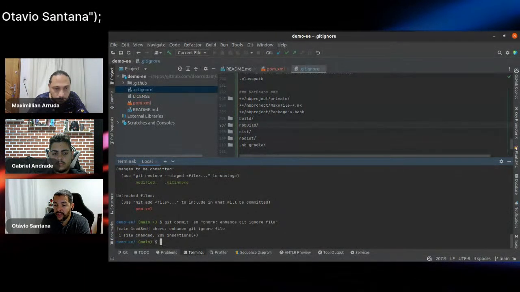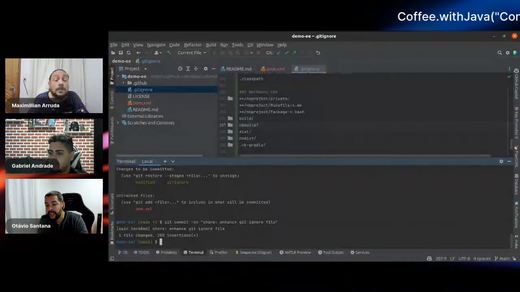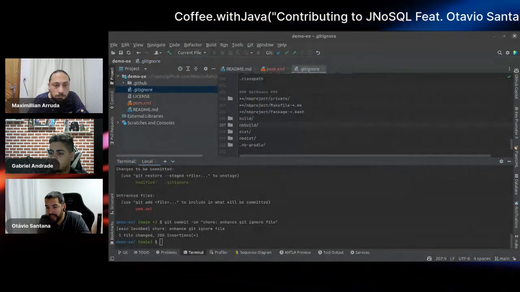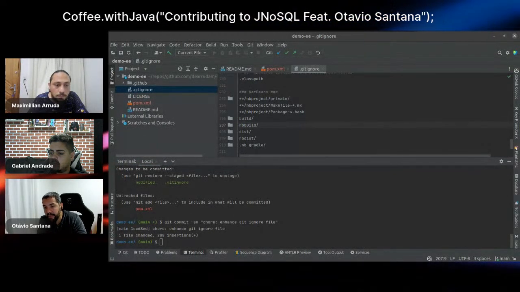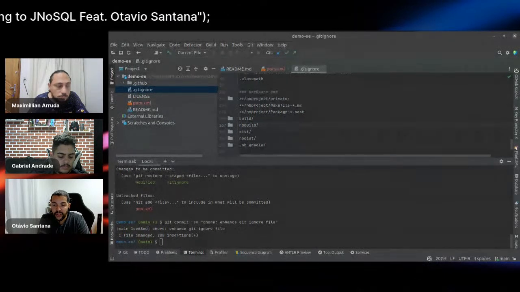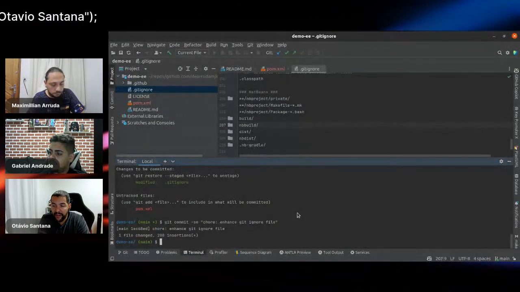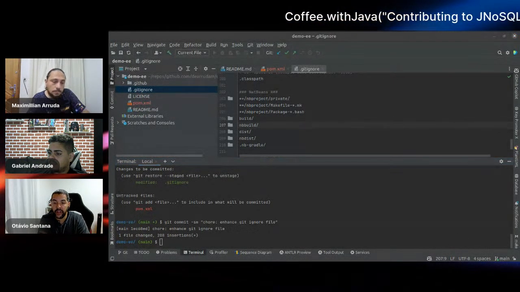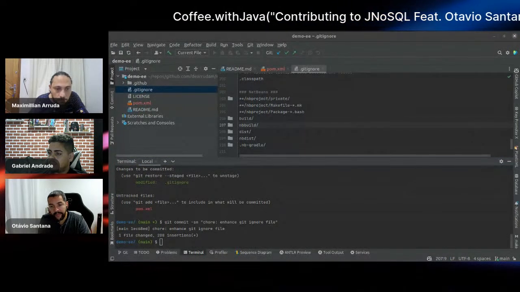So the idea of the commit is not to be file by file, but context by context. Okay, you did this step. This step has 100 files. It's fine if it belongs to the same step, go for it. You don't need to commit file by file. So if you add 10 entities around the domain of e-commerce, it's fine.